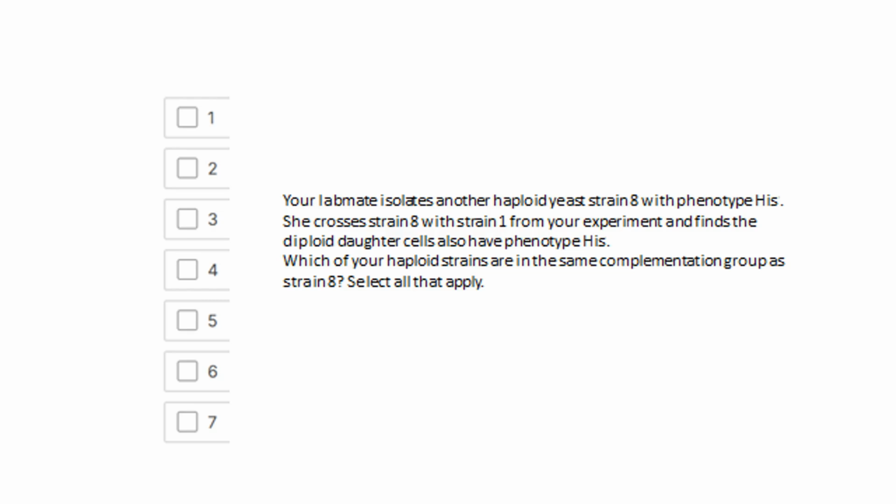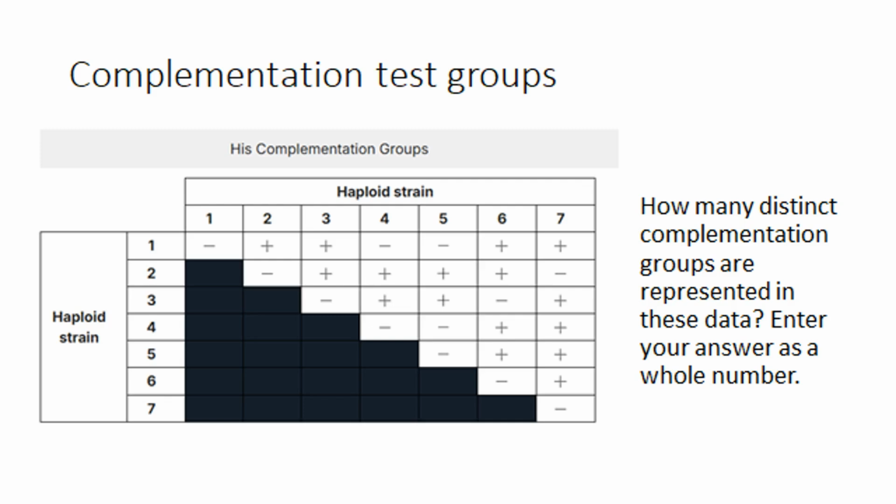According to this example, if we cross strain number 8 with strain number 1, and we find that it gives a diploid strain with histidine minus, so which group, or if we make a list of complementation groups, what complementation group is contained in this example? Anybody? Okay, if there is nobody,